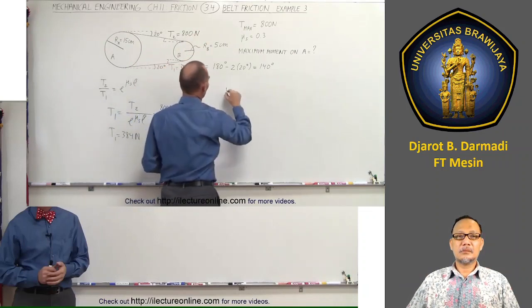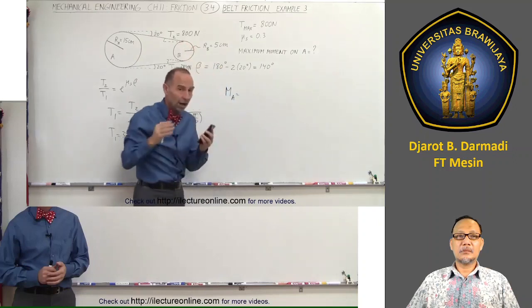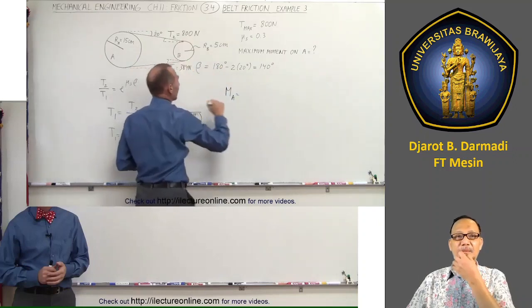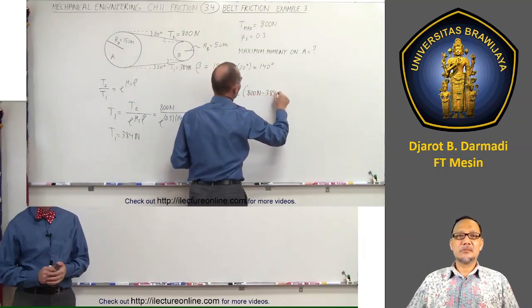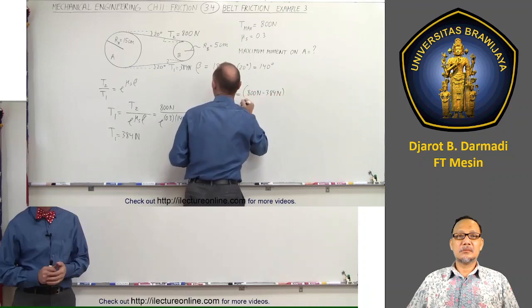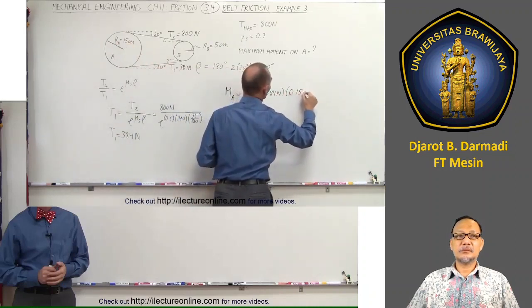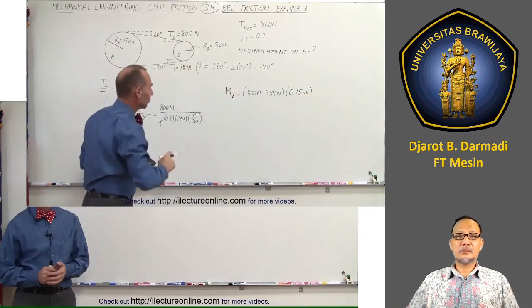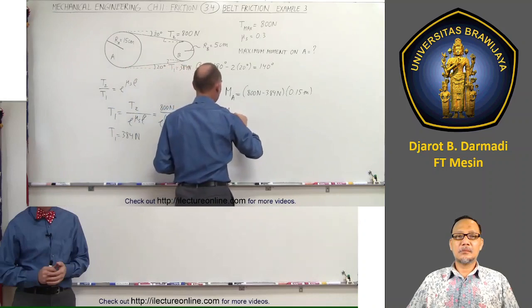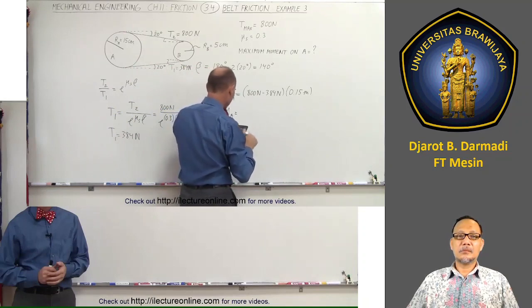So the moment on A is equal to the net tension, which would be 800 minus 384 newtons, times the moment arm, or in this case, the radius of the pulley, which is 15 centimeters, converted to meters, which is 0.15 meters. And that will be the moment, the maximum moment we can apply to A. And so the maximum moment on A is going to be equal to 800 minus 384 multiplied times 0.15, and that gives us